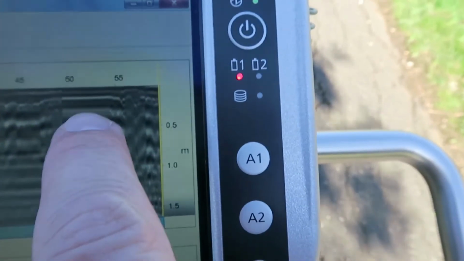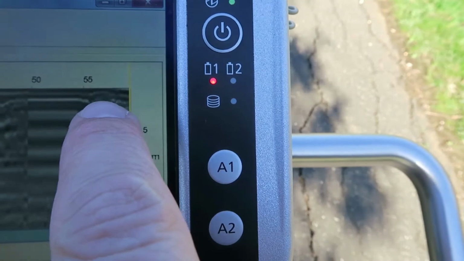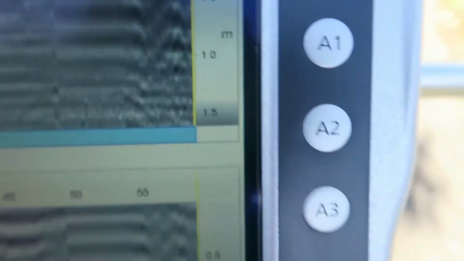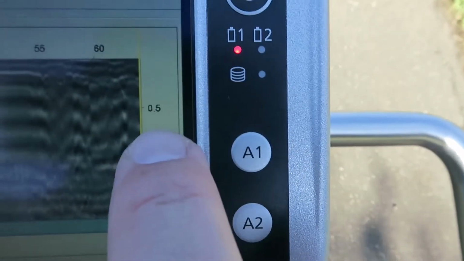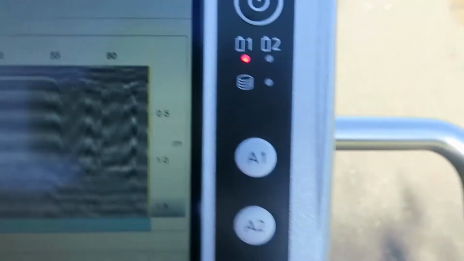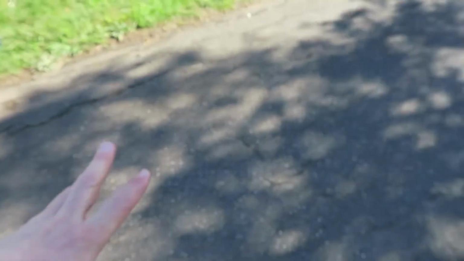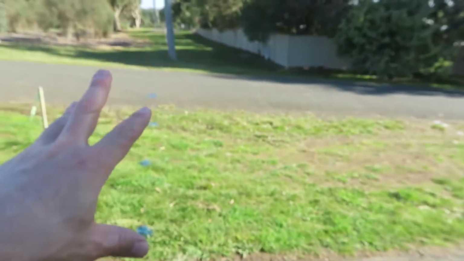So you'll see you've got layers. You follow the layer, nothing, then the layer starts again. See that? So in there, you could probably say there might be a trench. Let's go up to this next one. Yeah, so that one there is a bit easier to see. Do you see where I'm looking at? See it in there? That's it there. Again, not as nice as it is in the road, but that's because the footpath hasn't been made as well as what the road would be made, obviously.